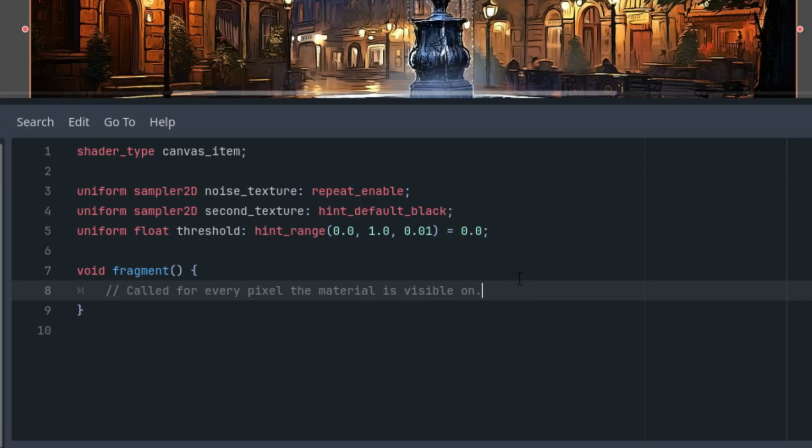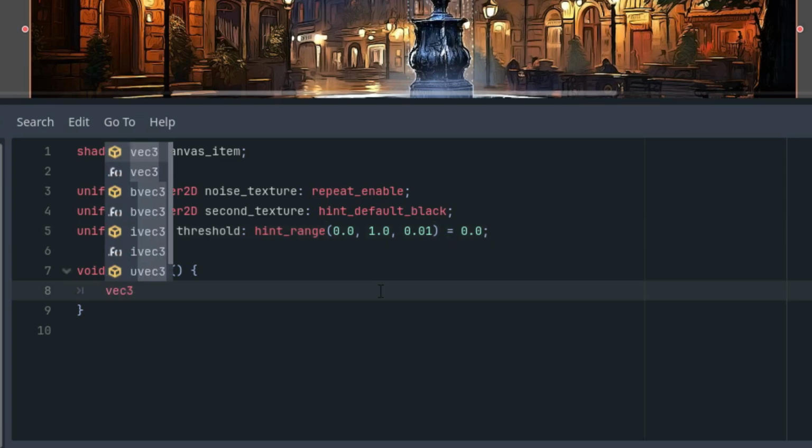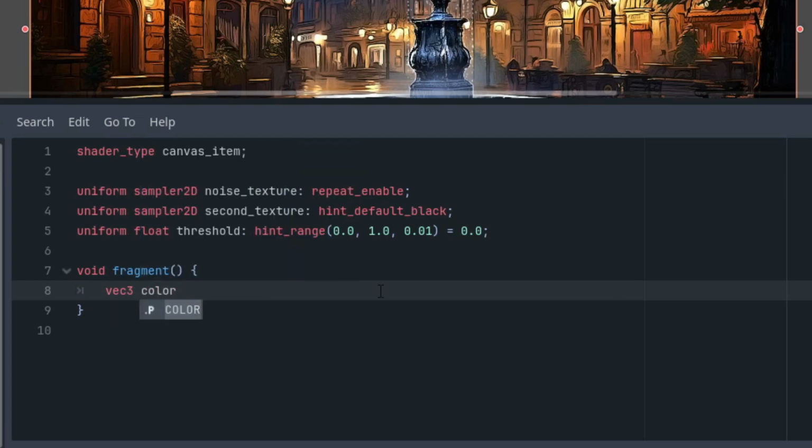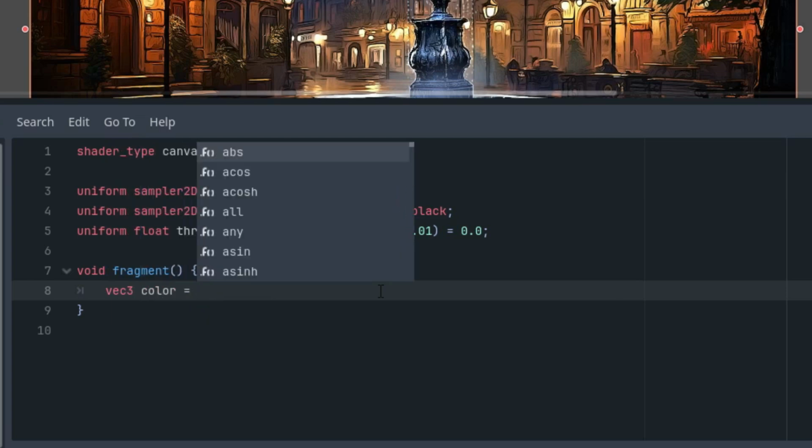The algorithm is simple. We get the color of the pixel from the first and second textures, and then, based on the grayscale value of the noise texture, we decide, according to the value of the threshold parameter, whether to use the first or second texture for the final color. Let's do it. I'll delete this comment, and first I'll define the final color, which in the initial state we take from the second texture,